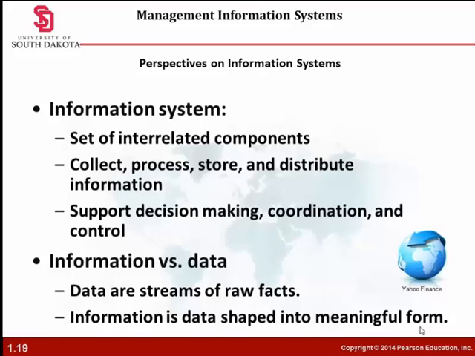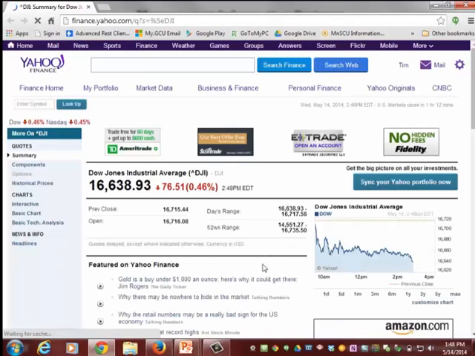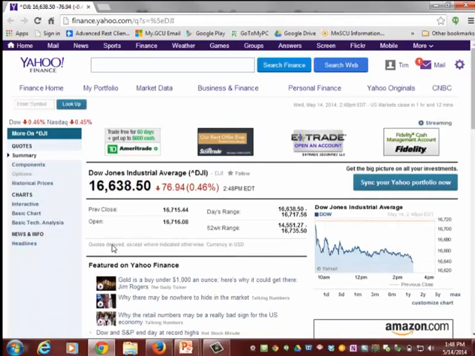If we want to take a quick little tour here, an example would be the Yahoo stock market, right? In itself, each transaction of a stock would be just data. But we present a grid like this that shows the Dow Jones Industrial Average and how it's performing over time throughout the day. This becomes information. It's something that we can deal with.